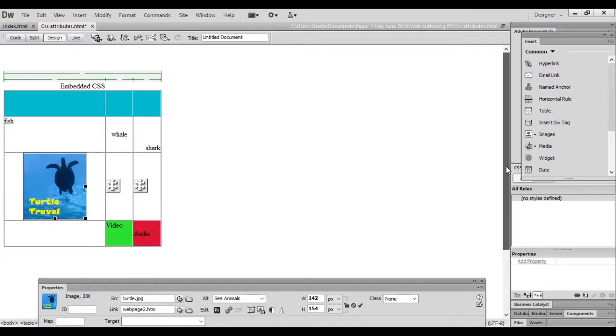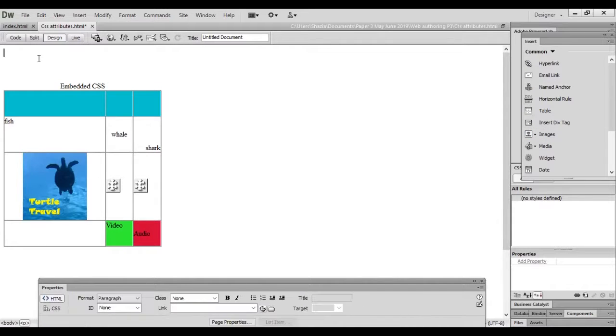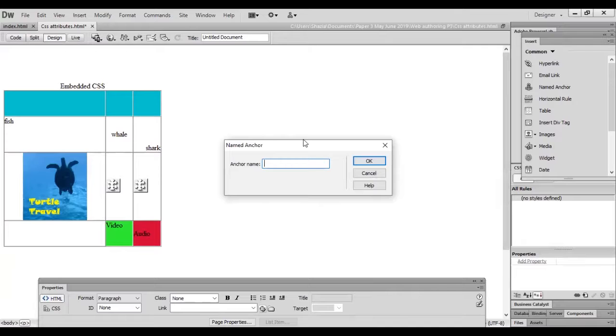So let's see how we can create a division. So simple is that, first bring your cursor here, and I want to create a division from top to bottom and bottom to top. So suppose scroll up and scroll down. So first select, and this is an anchor, name it first. Suppose I name it top. So each time you have to name it, and then press OK.